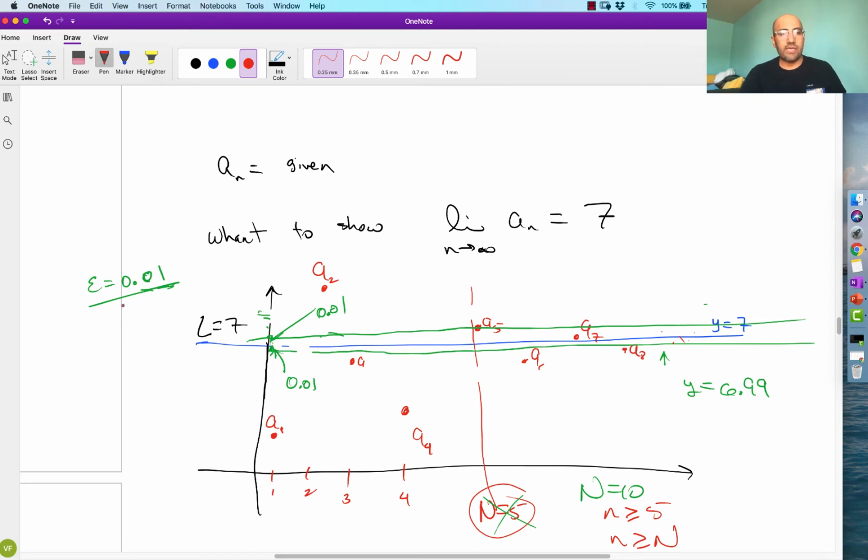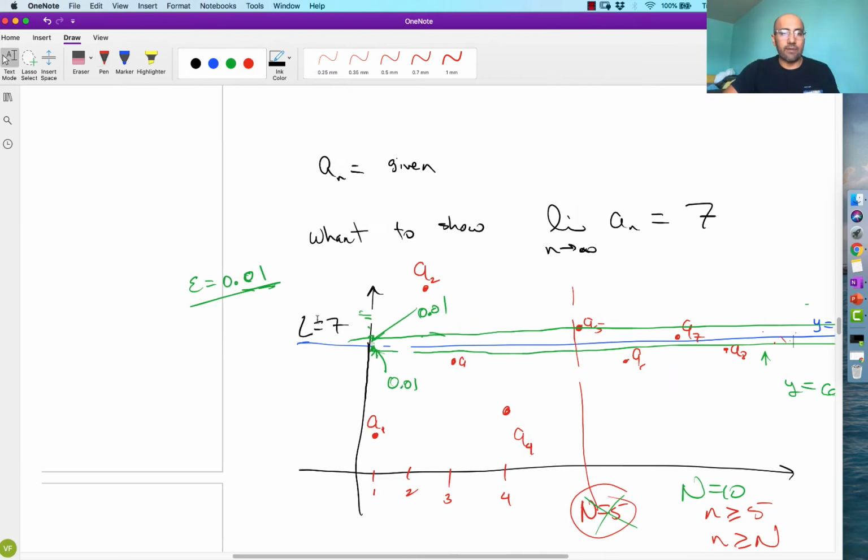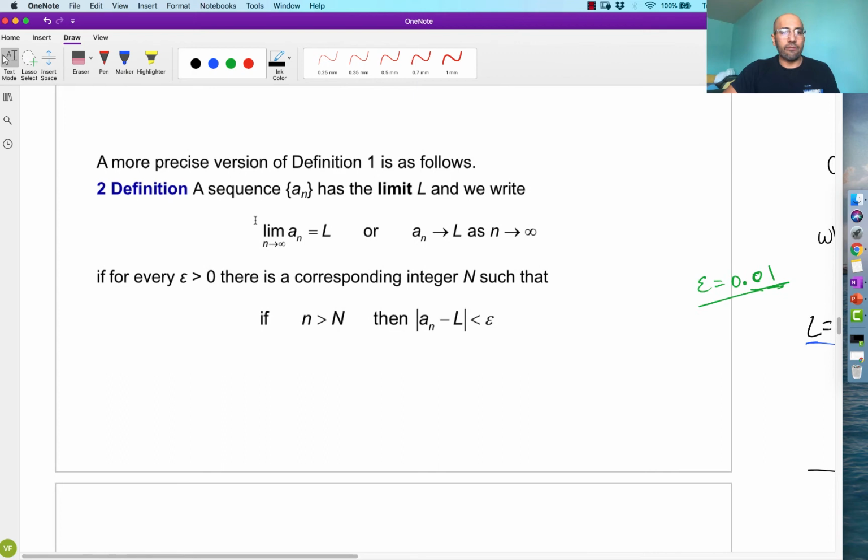But again, we keep going. We don't want to let this be any constant number. It represents any positive number that is as small as possible. It could be 0.000000001. It doesn't matter how small it is. There will always be a capital N such that this will be true. If we have a situation like that, then that's what we want to visualize when we think about this definition of a limit existing. There's a nice little applet for that.